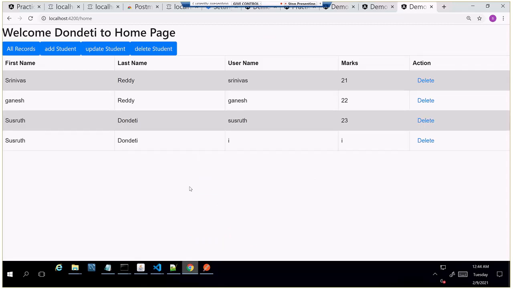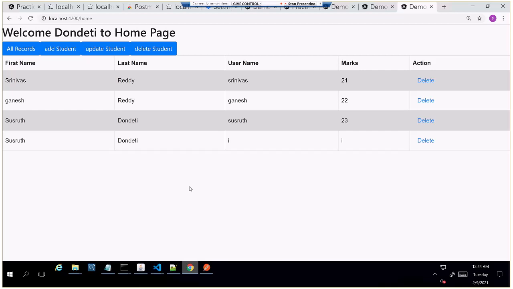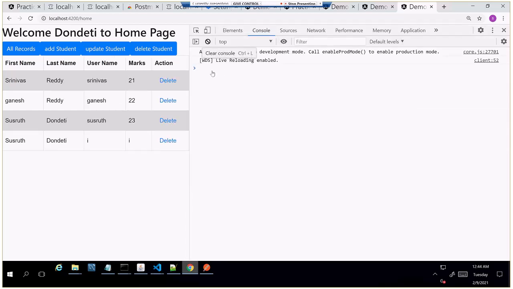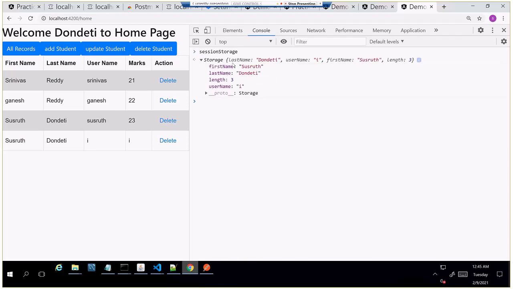See, I just refreshed. Previously, whenever we refreshed, it was redirecting to the login page. Now, when I refresh, it is retaining the same page, because if you type session storage here, our values, whatever we have saved, will be present here.